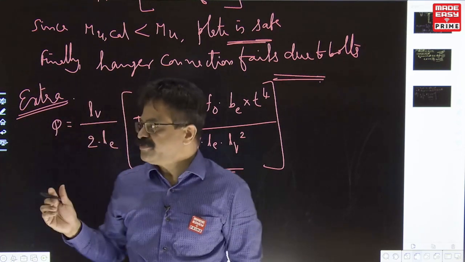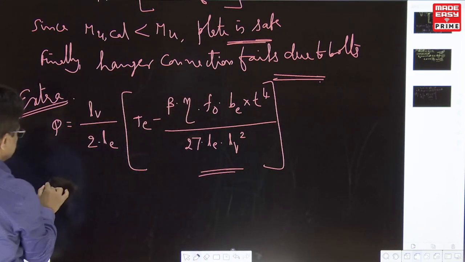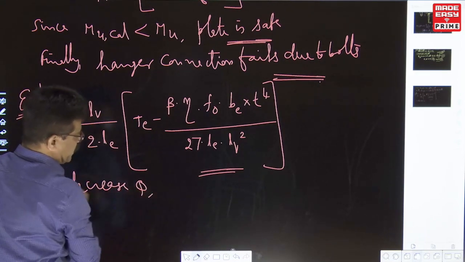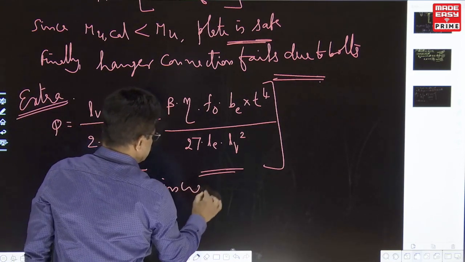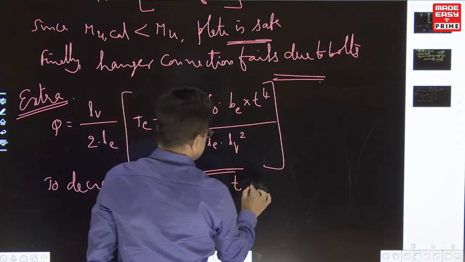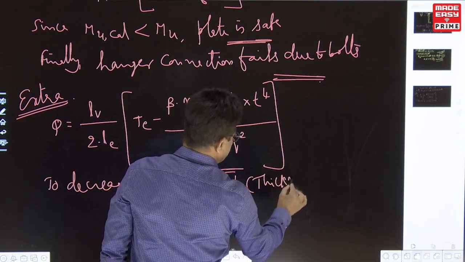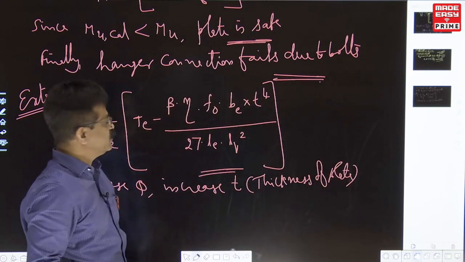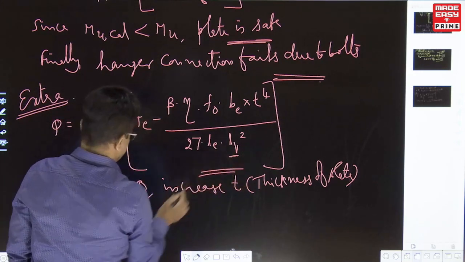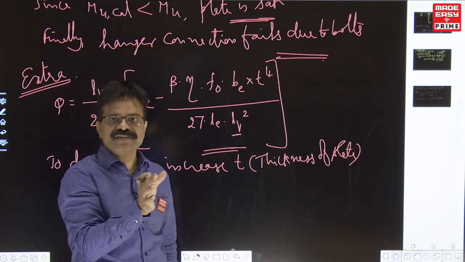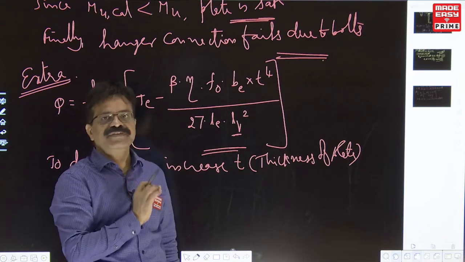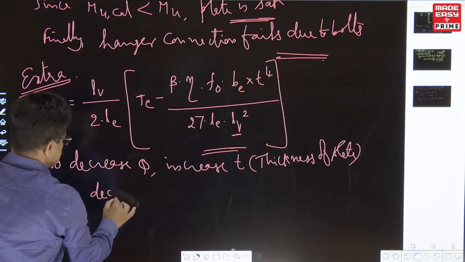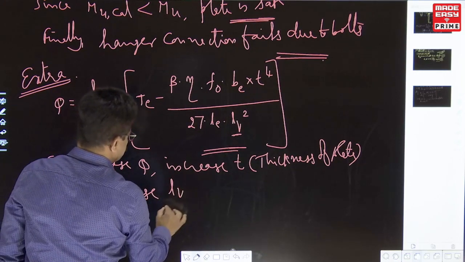These are the factors influencing Q. So to decrease Q, that means the prying action, increase T, that means the thickness of the plate. This is a 2 marks question they can ask. Increase the thickness of plate. You can also decrease the LV square term. LE is also an influencing factor, but it has less influence compared with LV, because moment is what matters. Decrease LV.